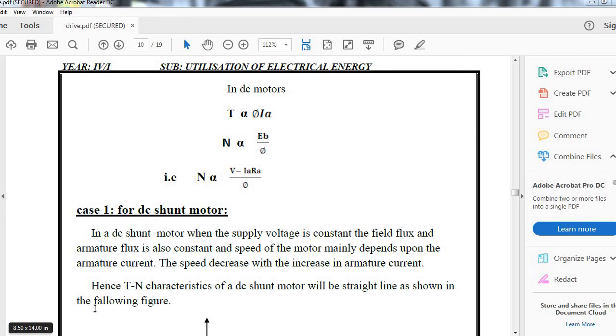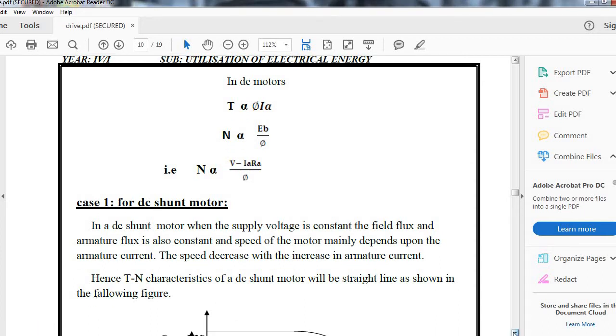Hello viewers, I am Renuka and in today's remedial class we will continue with the factors affecting selection of electric motors for electric drives. Till now we had studied electrical characteristics, types of motors, and types of electrical supply, and today we will continue with the other electrical characteristic, that is the speed torque curve, and the selection of electric motors for electric drives based on it.